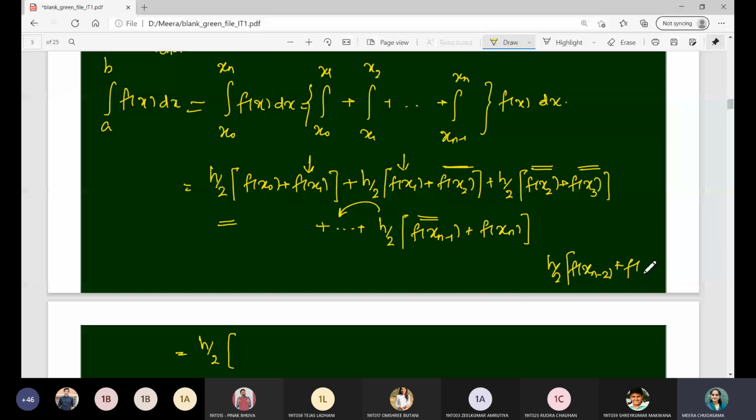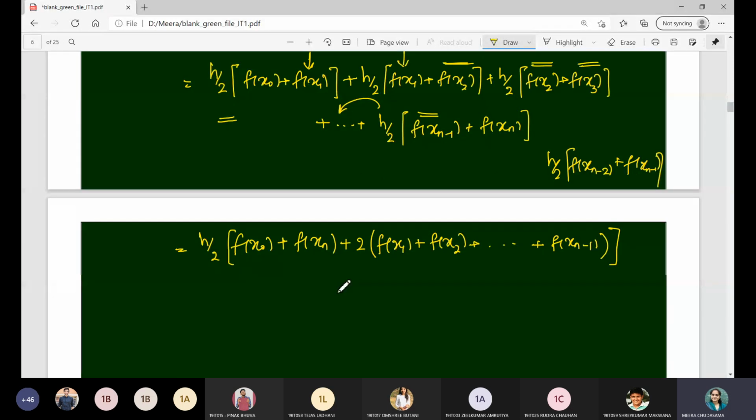So you can see that the function value at xn minus 1 is also repeated twice. Means f of x0 and f of xn, the endpoint function values, occur just once in the formula, whereas all other intermediate values occur twice. So I can write it as h by 2, f of a plus f of b plus twice